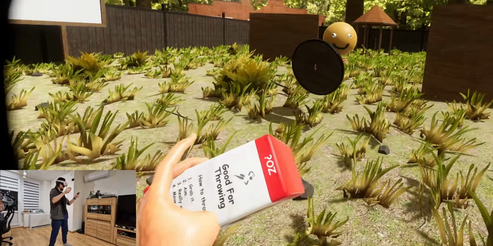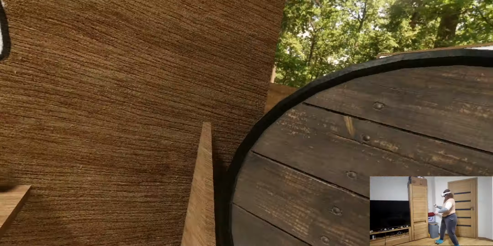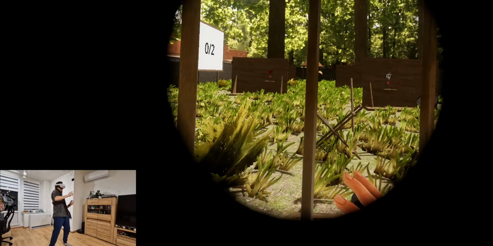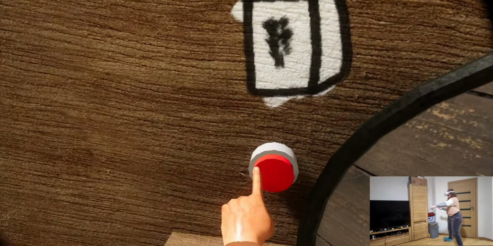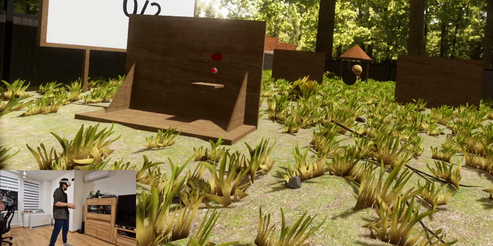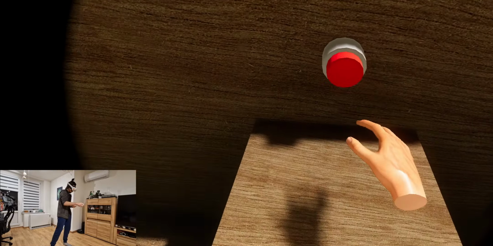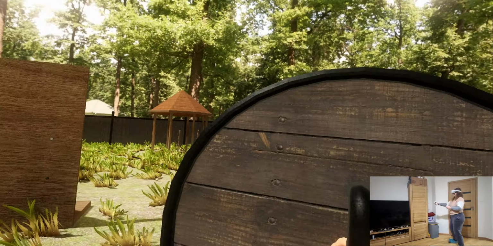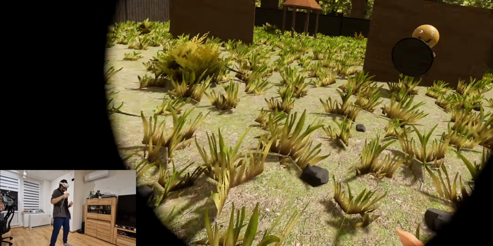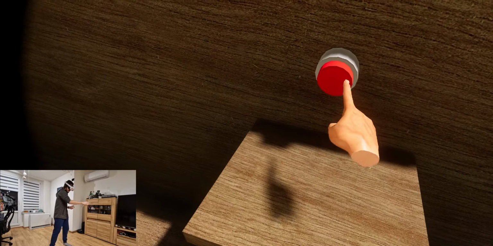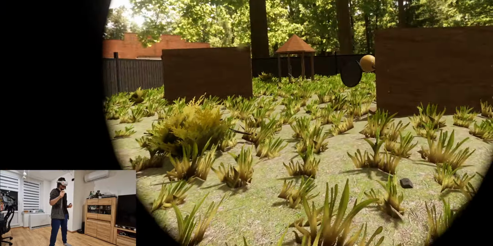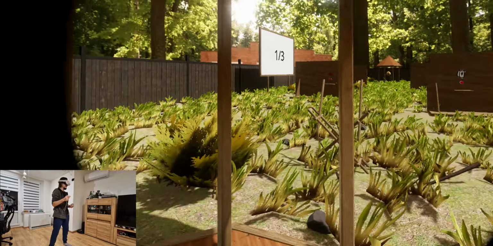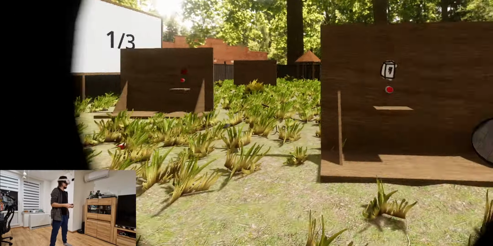Did she just bump me with the shield? Yeah. Next one. Let's go. Okay, let's try tomato. No. I'm starting to think I shouldn't implement those shields. Why? This is actually doing the job.